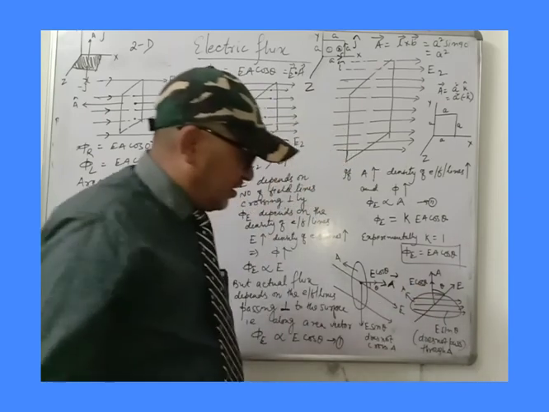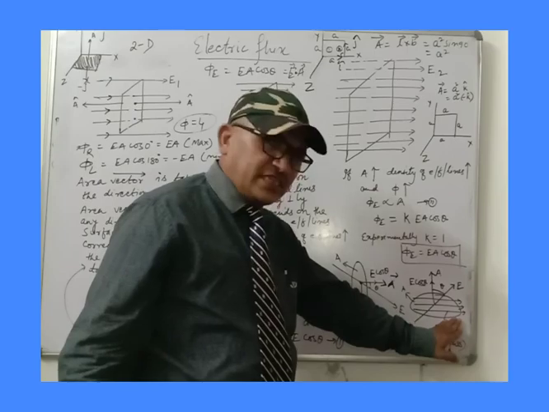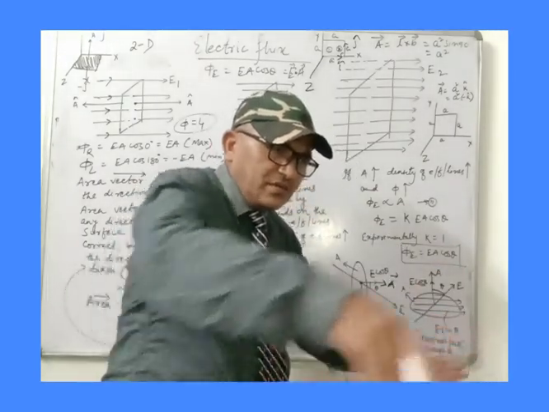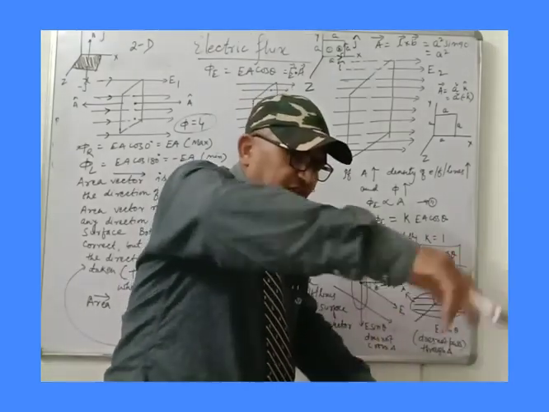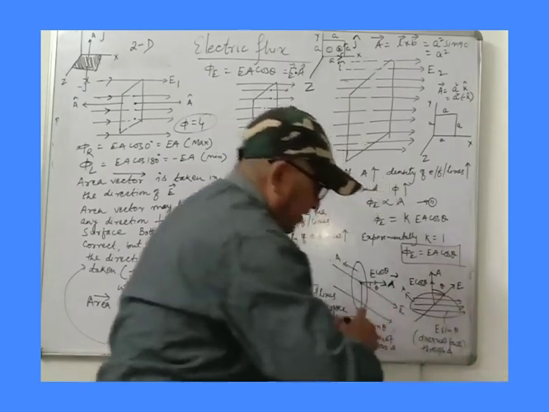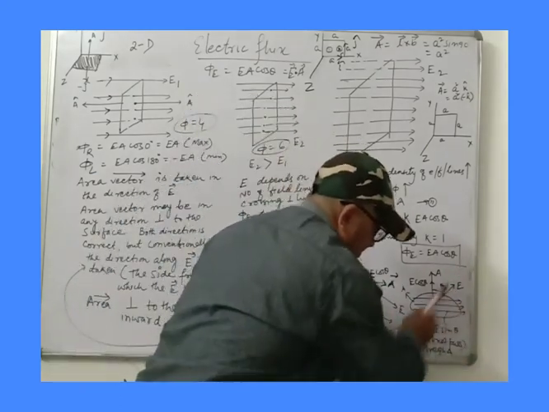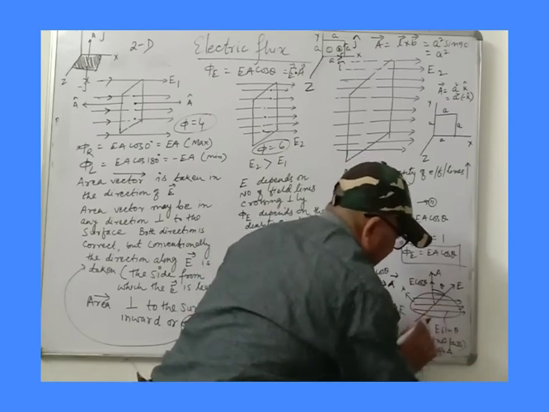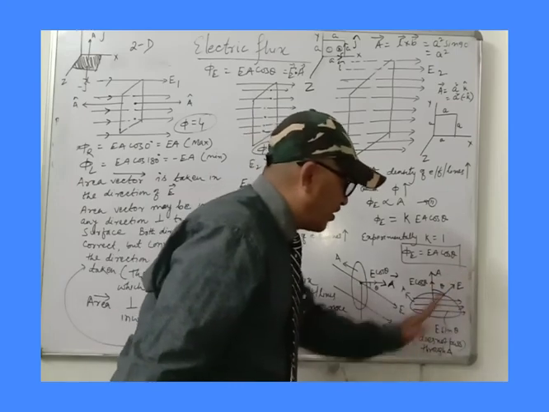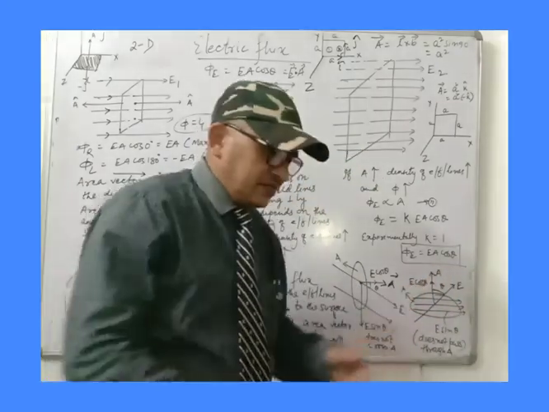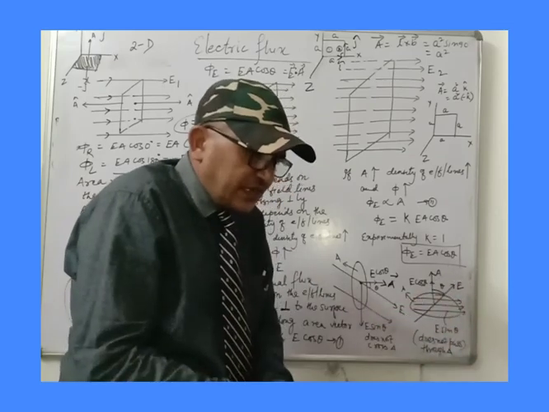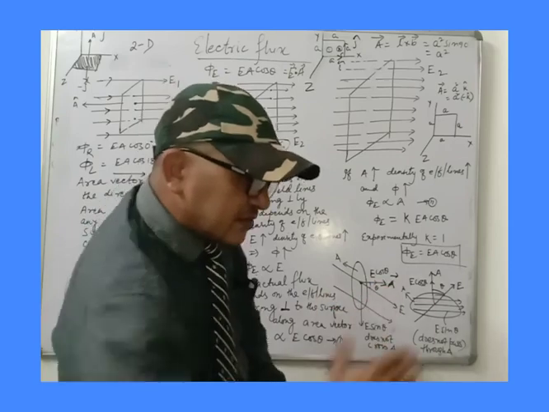Look here now. In what manner is this circle placed? Like this, just on the ground, just on the table, horizontally. This is a horizontal circle, not vertical. When it is kept horizontally, and the electric field lines are supposed to be like this, then these electric field lines are not crossing perpendicularly. This is the surface, a circle kept horizontally, and the electric field lines are like this.